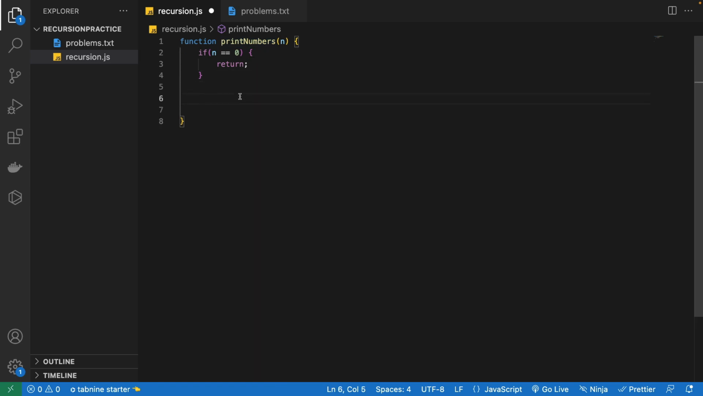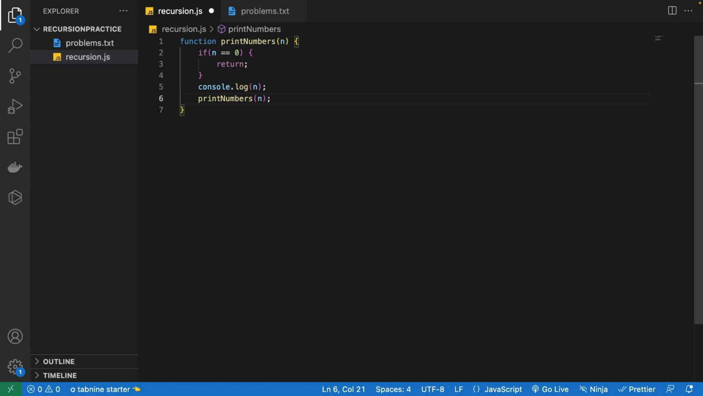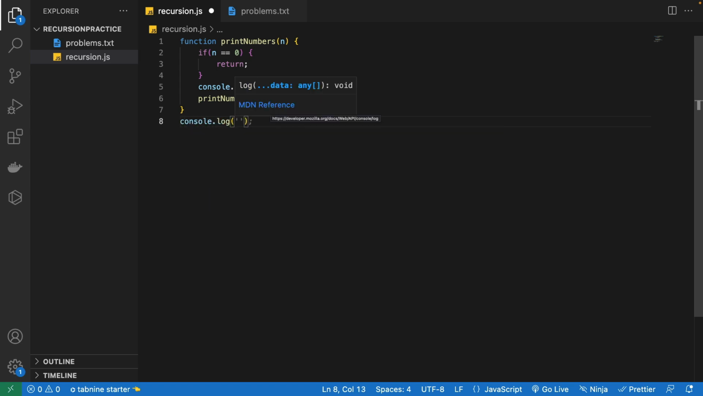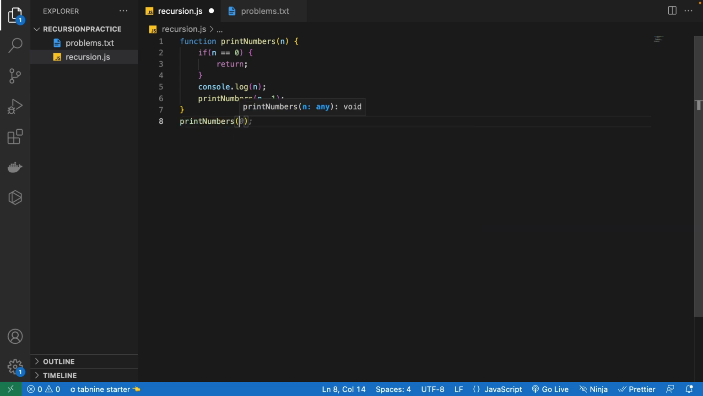After the if condition, I can first log this n which I have passed to this function, and below this I'll be calling this function. I will write printNumbers and pass n minus 1. Let's also call this function initially from outside one time. I don't need to log it actually, so I'll be calling printNumbers,